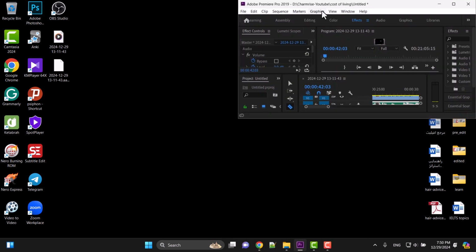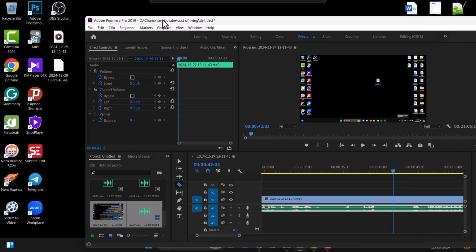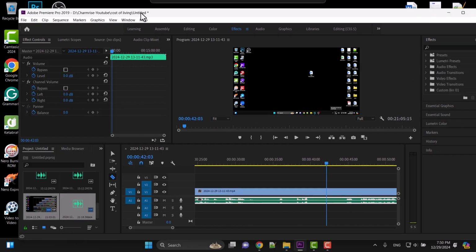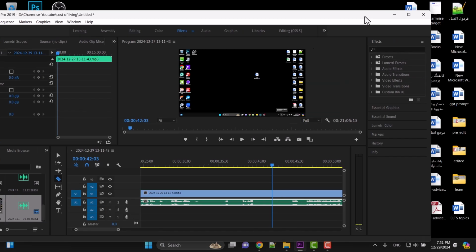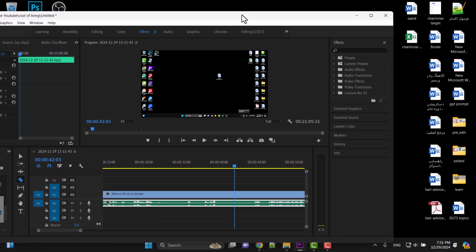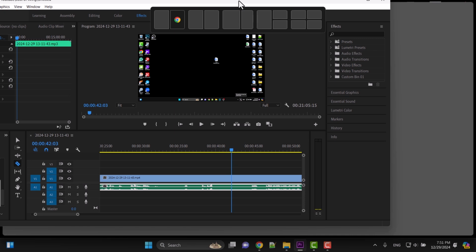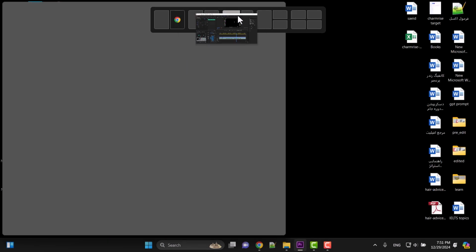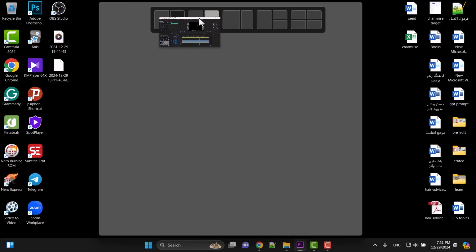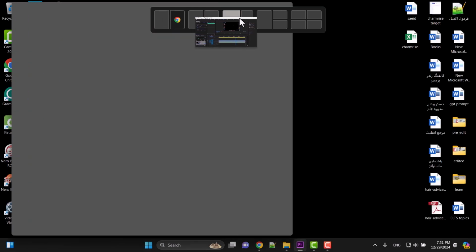Okay, for that, when you open a program or application in one screen, you can choose that application and move it to the top of your screen. A region appears for you to choose your style.